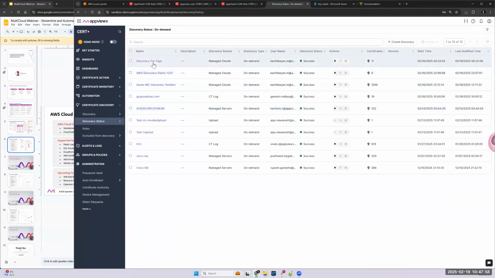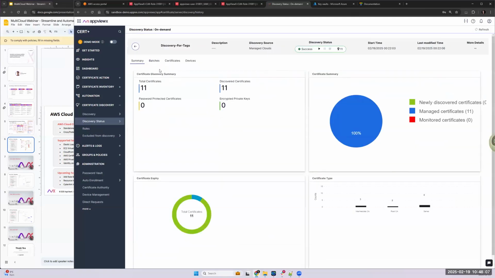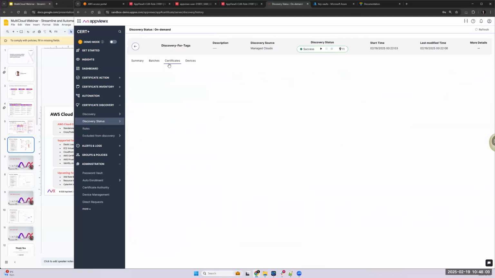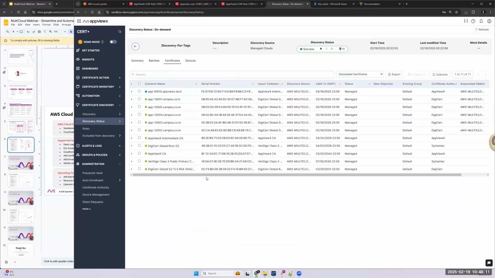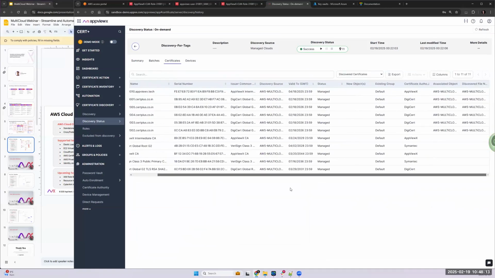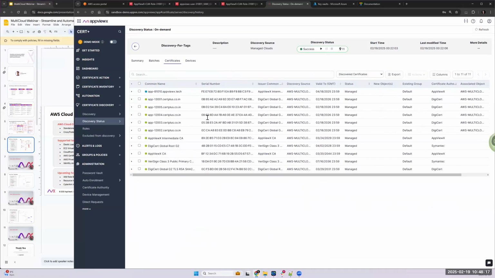So I have a couple of discoveries that are already initiated, in the interest of time, right? As I mentioned earlier, not only are the certificates discovered and onboarded into AppViewX, we also discover the tags which are attached to the certificates. For example, this specific certificate. So if I go to the inventory,